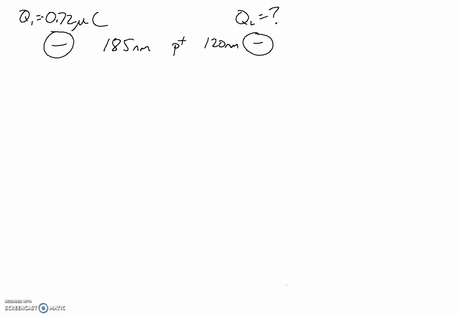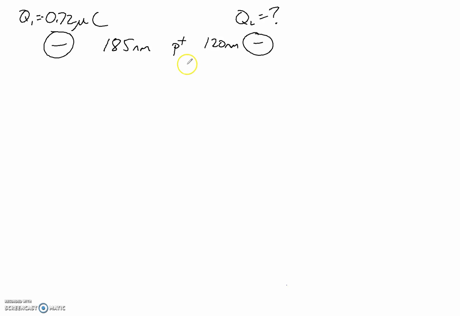We're going to keep on going with some more forces scenarios with the electric fields and subatomic charges and stuff like that. So here we have a Q1 of negative 0.72 microcoulombs, 185 nanometers away from a proton, and the proton is 120 nanometers away from a second charge. And we are going to find out charge number 2, and we are going to say that the proton here